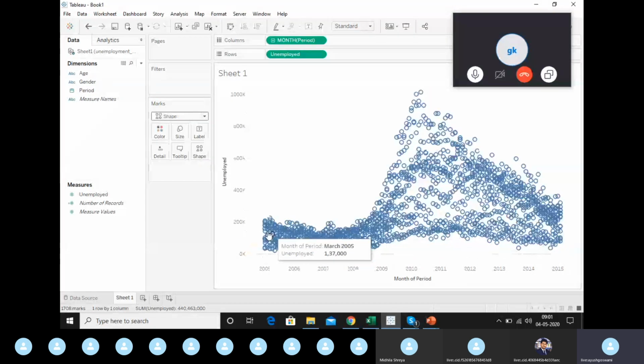Here it is not doing sum. You'll see that the sum option present in unemployed selection here in measures has gone now, and it has plotted each and every individual record individually, right? You'll see that it has made lots of circles here, which sometimes seems very cluttered.